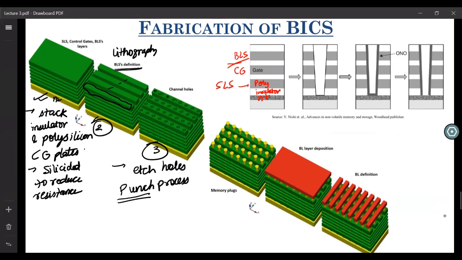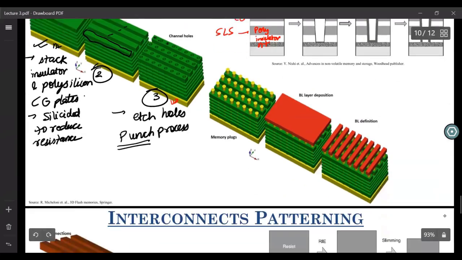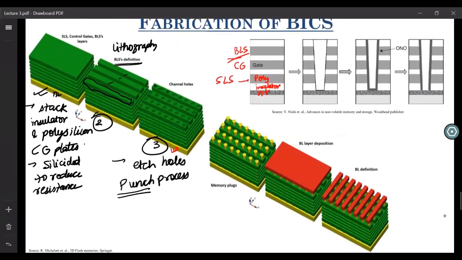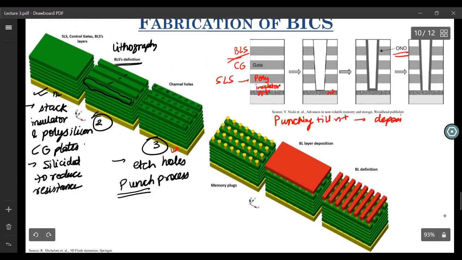So this you did, and after that you punched holes. This is how you punch the hole. The hole is punched till this N+ layer. Now what you do is you deposit your ONO. So after punching till N plus, you deposit ONO.